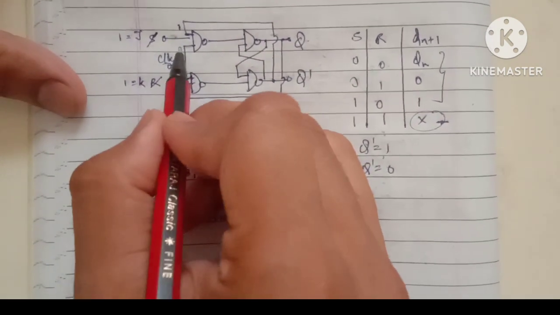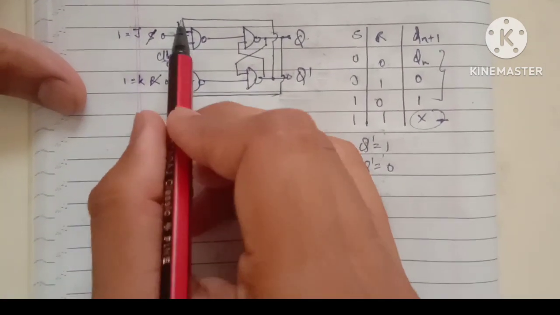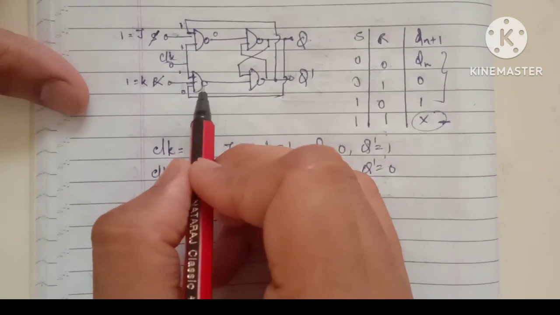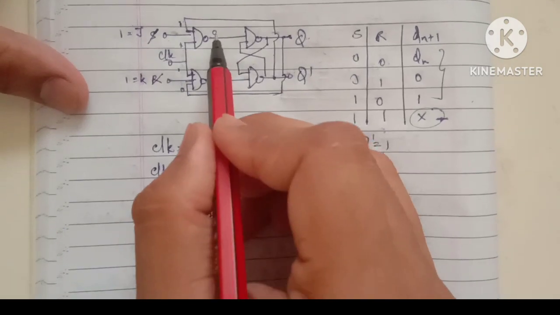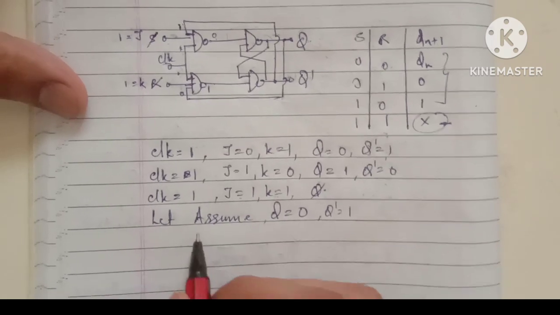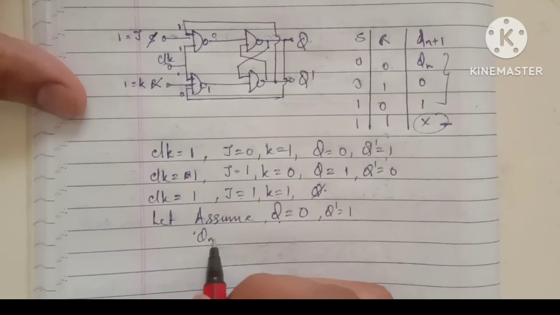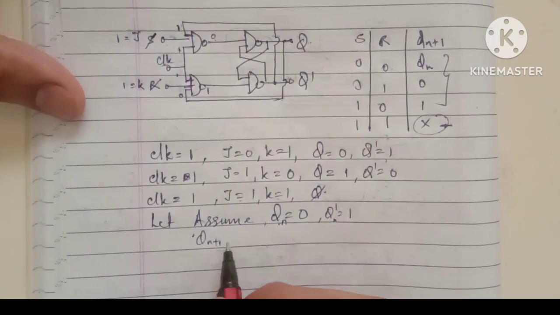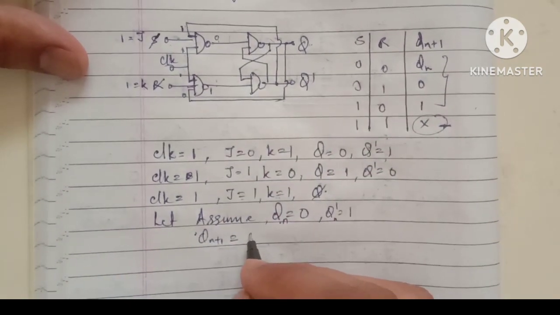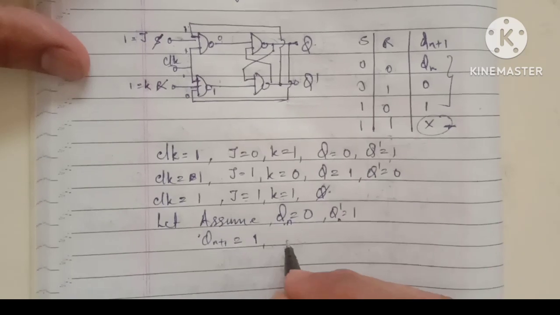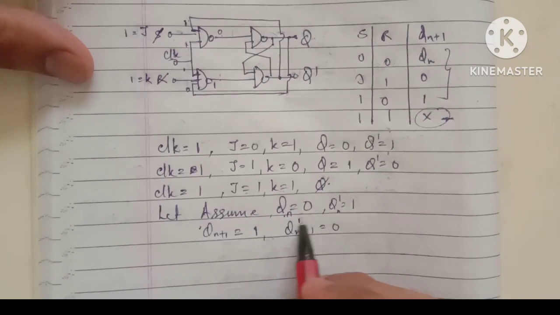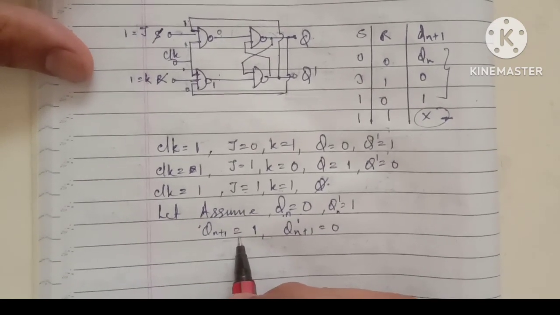Getting it? Now the clock will always be high. So now we will solve here. 1 1 1 means it will provide 0. 1 1 0: if any input to the NAND gate is 0, it will give 1. Now you know that for 0 1, this is a latch. So what will be the next state? Suppose this is Q, then Q n plus 1. Here we will write n, then plus 1 as the next state. So 0 1 means it is 0 only. So 1 you will get, and Q n plus 1 dash is 0. So this is the present state or current state, and you are getting the next state, that is 1 and 0.